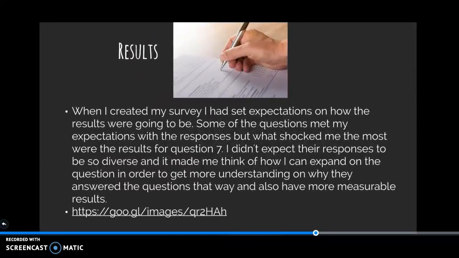When I created my survey, I had set expectations on how my results were going to be. Some of my questions met my expectations with the responses, but not all of them. What stood out to me the most was definitely question 7. I didn't expect the responses to be so diverse, and it made me think about how I could expand on the question in order to get more understanding on why they answered the question that way, and also get more